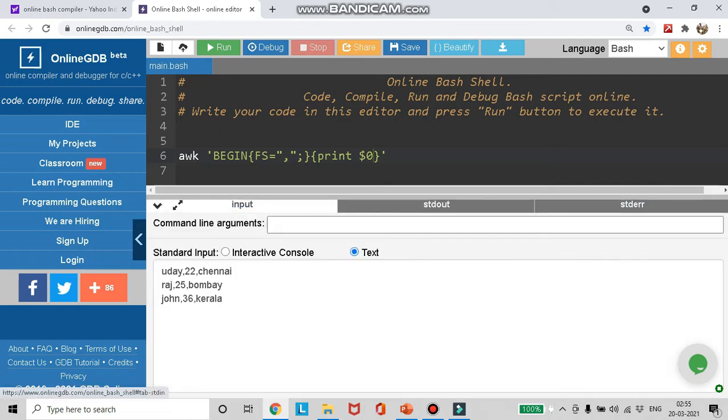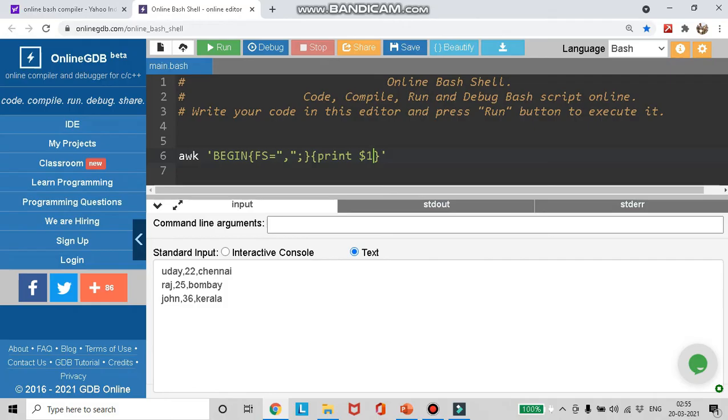I will explain this again. When I want to print only the first field, that is the first word, I use $1. What separates the fields in our case is the comma, which is what we specify in the field separator inbuilt variable, and we specify it only inside the begin block.